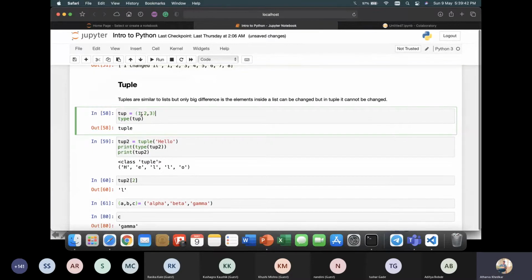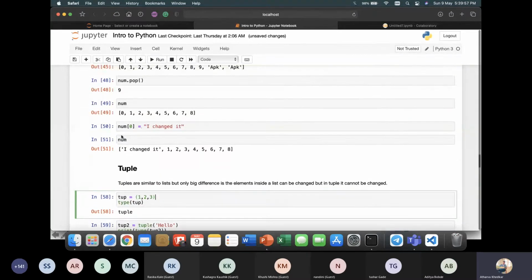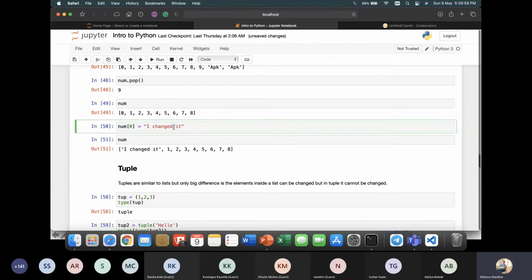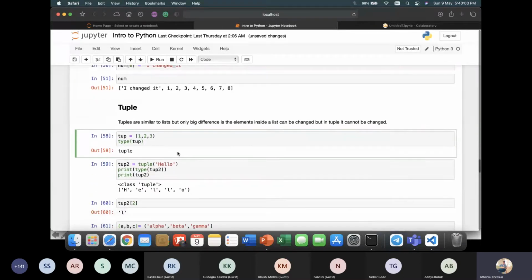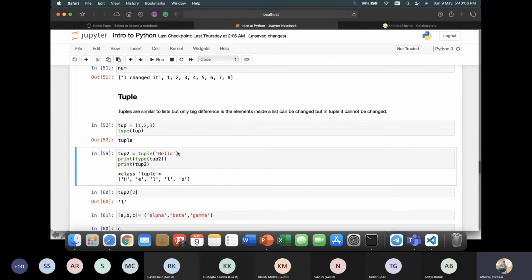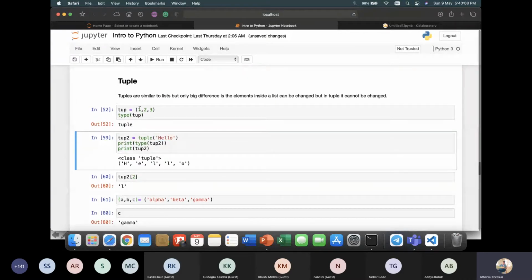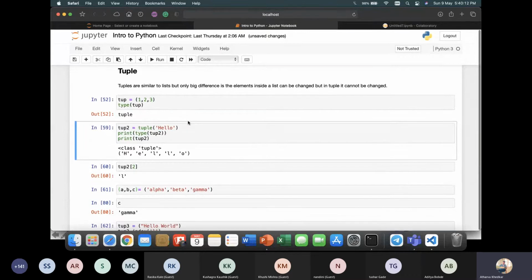The normal half circular types of brackets. And round brackets, kind of. Exactly. And the only difference with list and tuple is that in tuples you can't change the values. So here I use the index, and I tried to change the value of a list, so that won't happen in a tuple. Once you give any value to the tuple, it's fixed. For the particular index, yes, they are immutable.